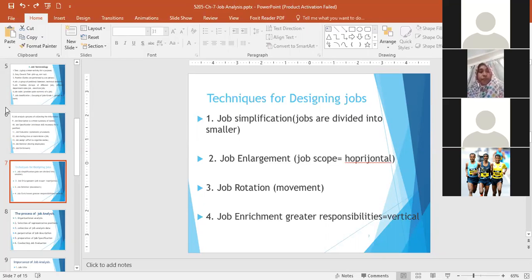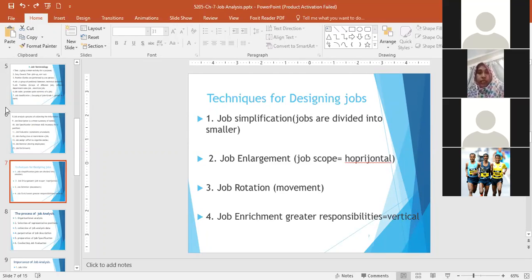One is they can use unskilled labor for primary work, so that an institution can give less salary, right? And the second one is job speed increases. Why? Because each worker is performing only a small portion, okay? And then next,